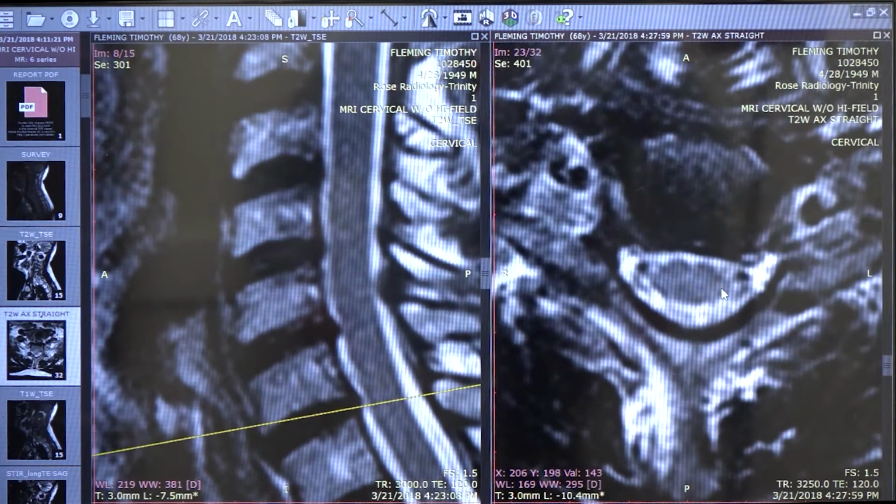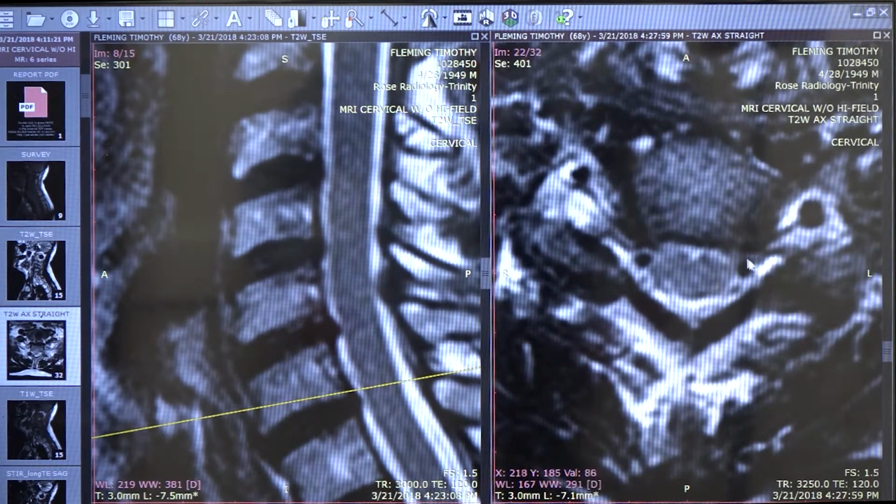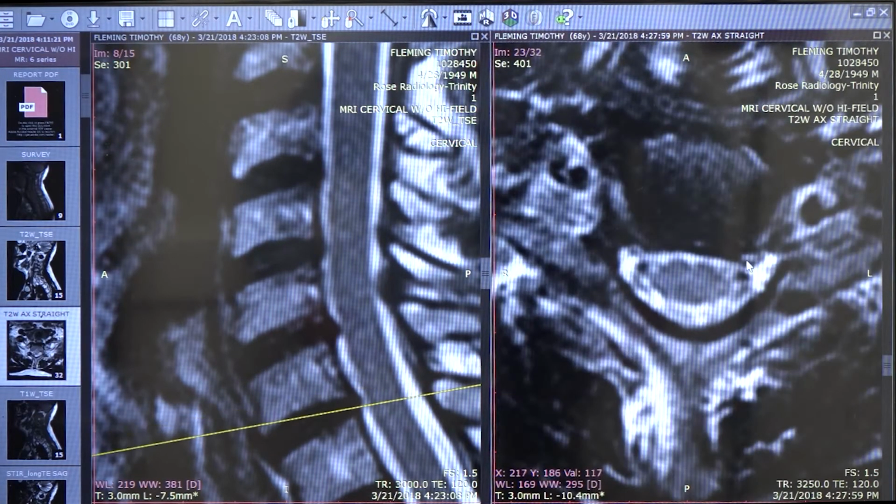At the 6-7 level, you can see here that there is clearly a disc herniation in the foramen and some evidence of perhaps either cystic, inflammatory changes or whatnot, but there's clearly a narrowing of this exiting nerve root on the left side, and you can see this disc herniation causing compression of these exiting nerve roots. There's maybe a little bit of a disc herniation alongside here, but most pronounced is this high signal, which is an indicator of a tear in the annulus and then disc